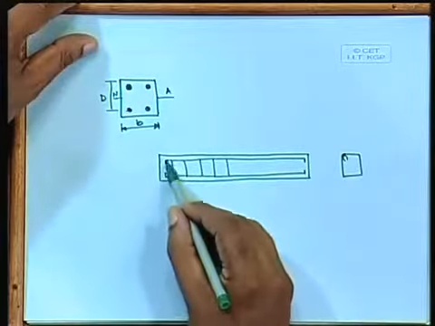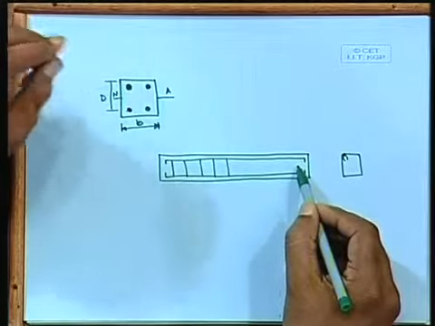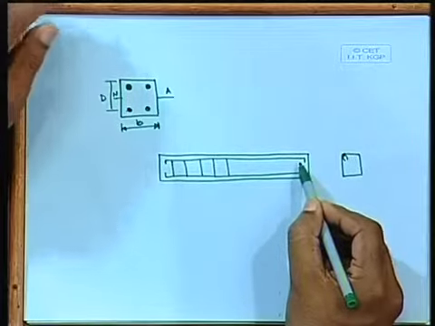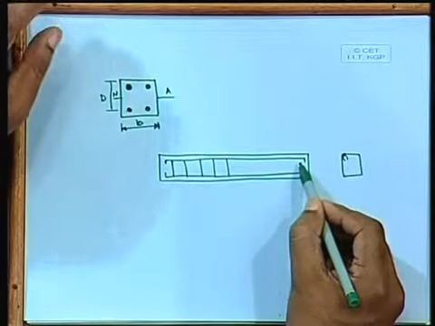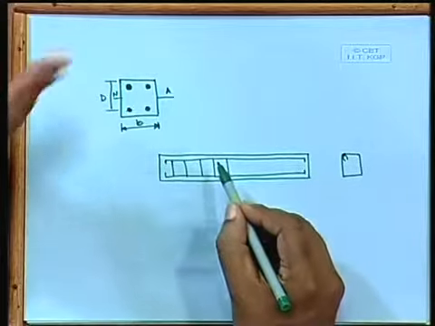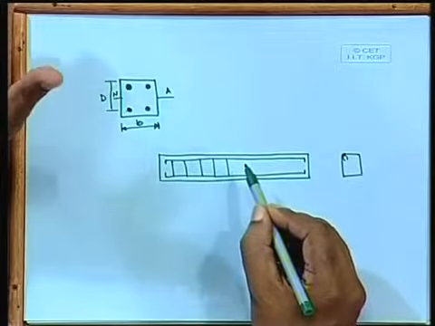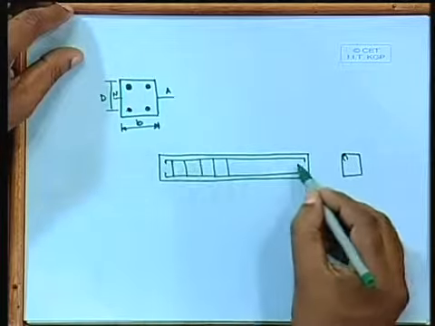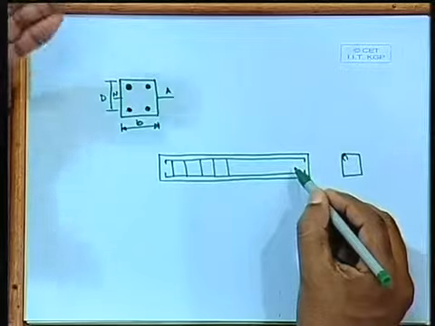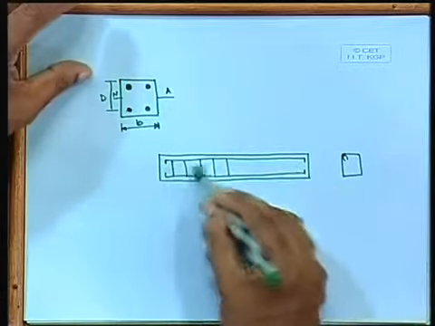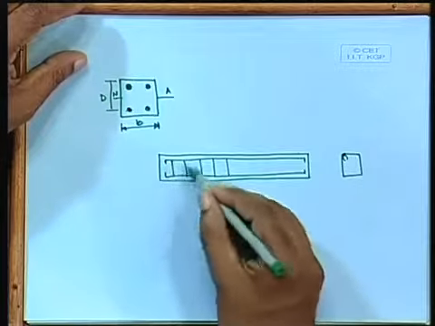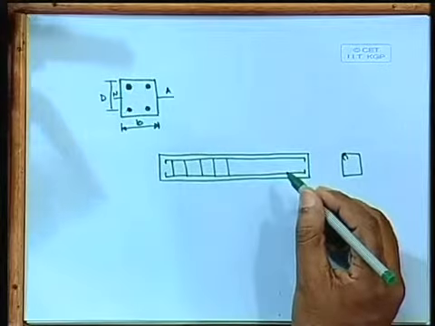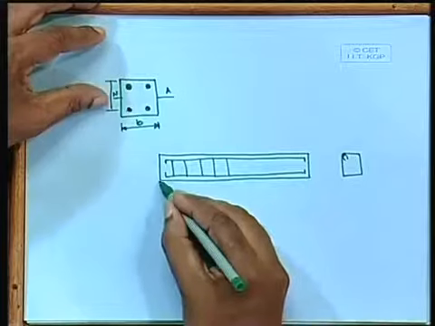But what I mean to say is, we also provide reinforcement at the top, this longitudinal one I am talking about, but even if we provide that longitudinal reinforcement at the top, even then we have not considered it in our design. We have only considered the one at the bottom. Though it is in the compression zone, we are just simply keeping it to hold these stirrups. But compression steel is something different, generally provided near the support.